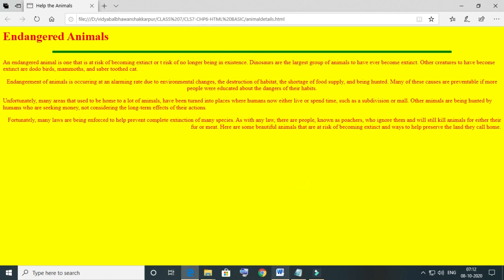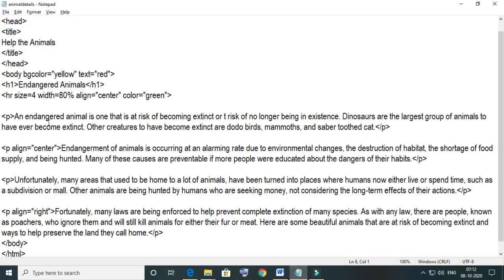Now just come to Notepad, and then we will do the styling of text. First, there is a tip at page number 88.